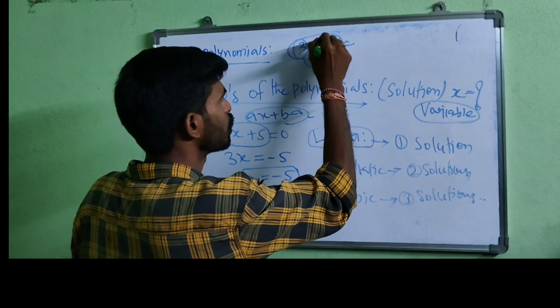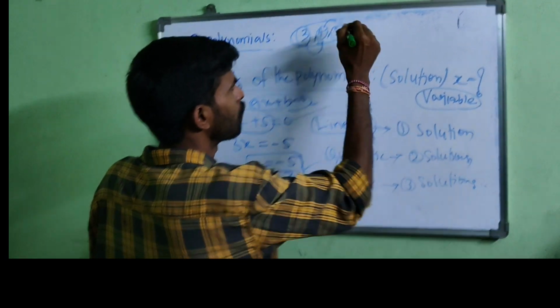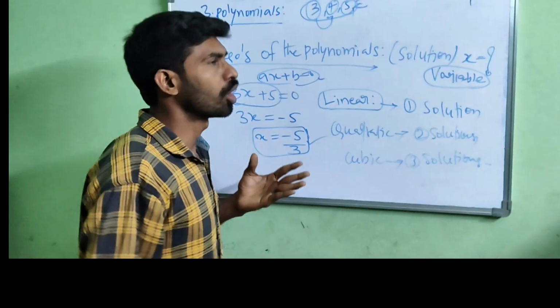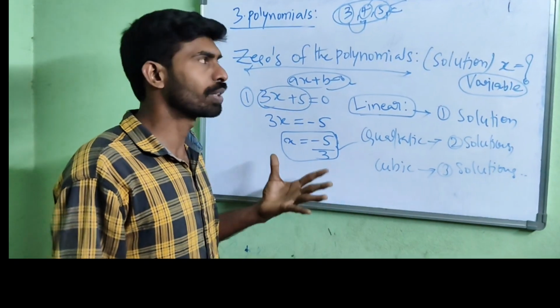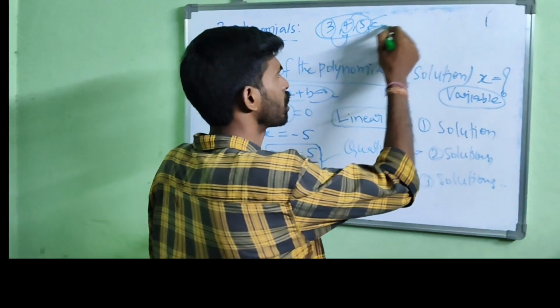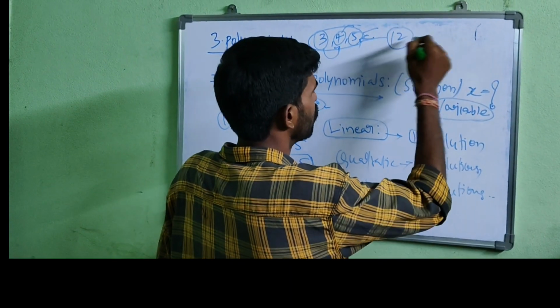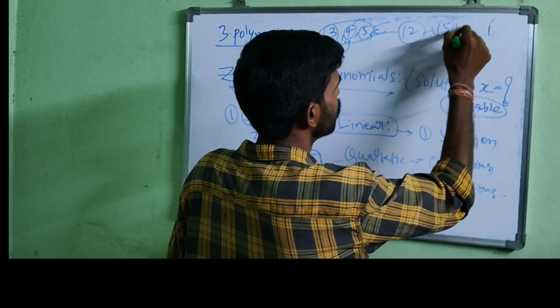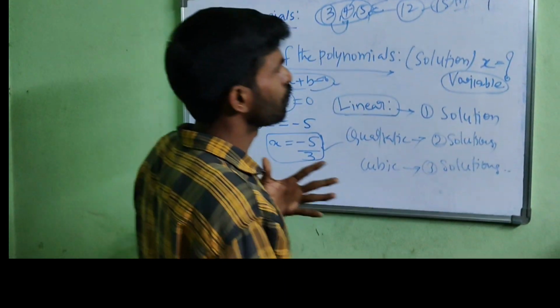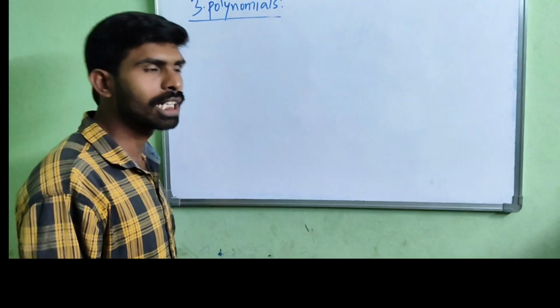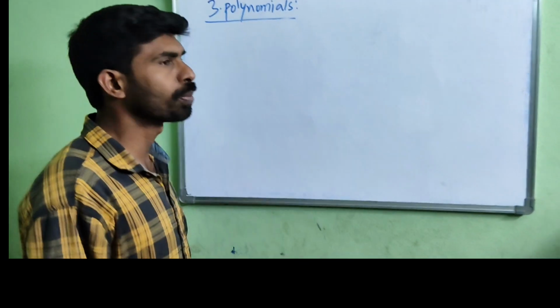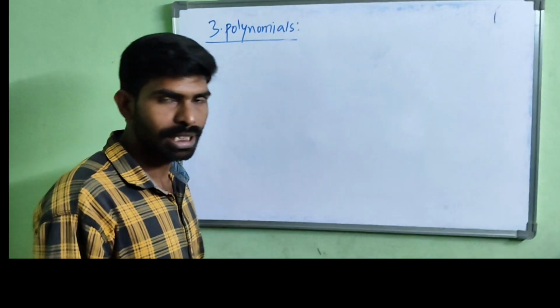Then the second one is linear polynomials, and the 5th chapter is quadratic polynomials. These are connected with each other. These are very important. These 3 chapters will carry 12 to 15 marks in the final examination. Already I told you what the zero of a polynomial is. The zero of the polynomial is nothing but